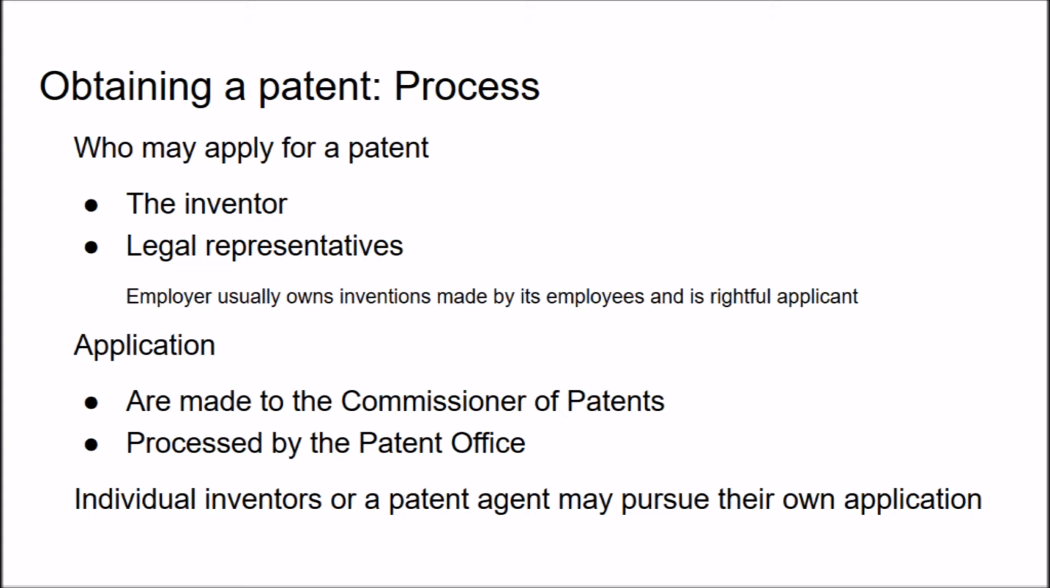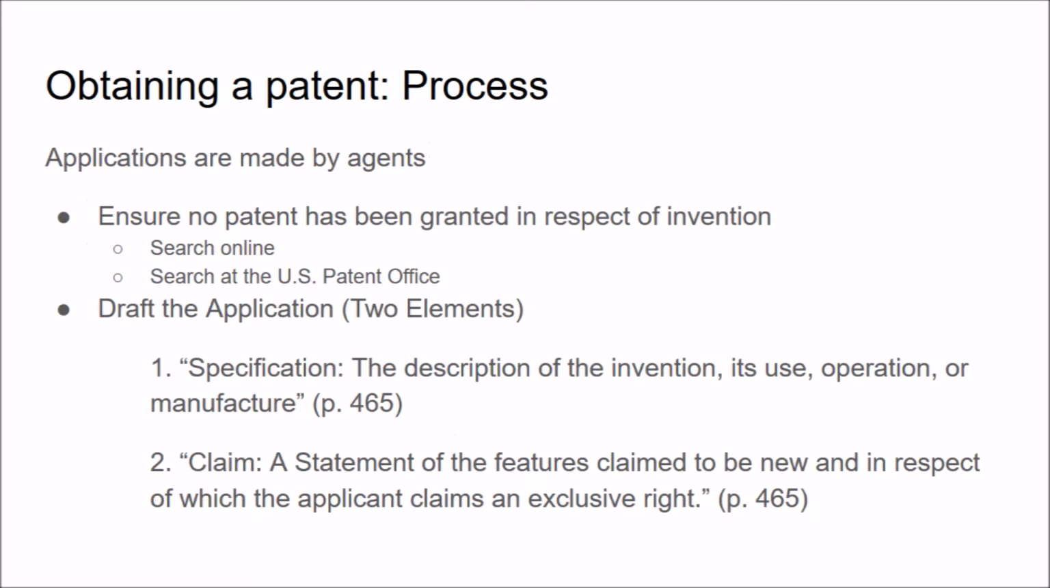Before the individual or the patent agent starts making an application, they will first search online or at the U.S. Patent Office in order to make sure no patent has been granted in respect of the invention. Then they will start to draft the application. There are two elements that are very important in an application, and these are the specification and a claim. A specification is the description of the invention, its use, operation, or manufacture. A claim is a statement of features claimed to be new and in respect of which the applicant claims an